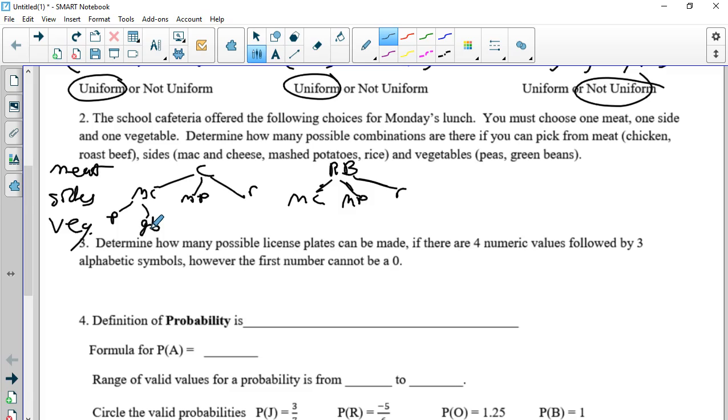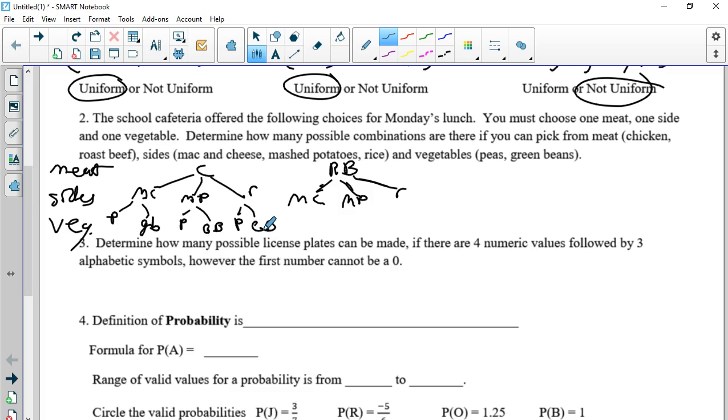Now, my second choice is I could have chicken with mashed potatoes, and then I have peas or green beans. If I chose rice with my chicken, then I could get peas or green beans here. Now, you might remember me in the video saying, at this point you actually could stop if you wanted to,